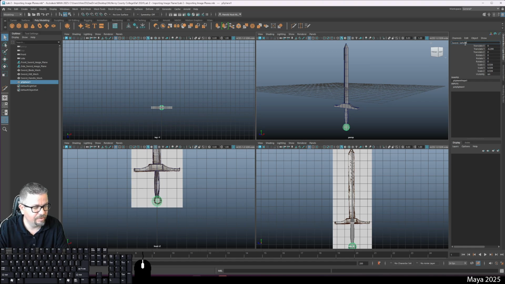I don't know what to call that part. Let's call it sword bottom sphere mesh. And I'm going to make these